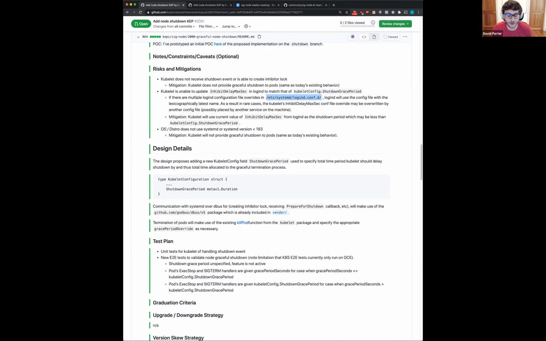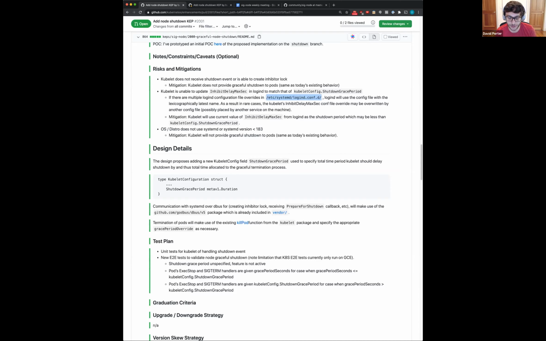Yeah, so in terms of the cloud aspect, usually there isn't enough time to actually drain. By the time someone detects that the node is shutting down and actually drains, it's too late in those time-bound situations. That's why the proposal here is that the kubelet is the one actually aware of that event.